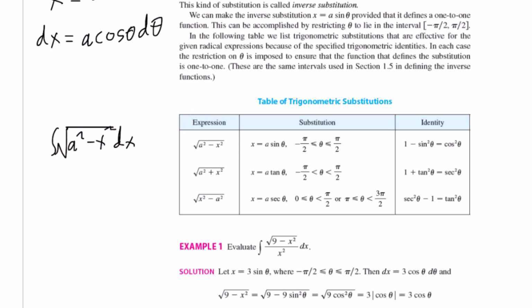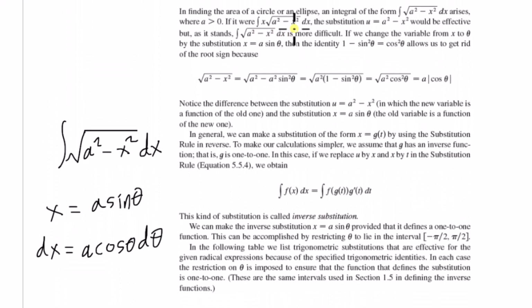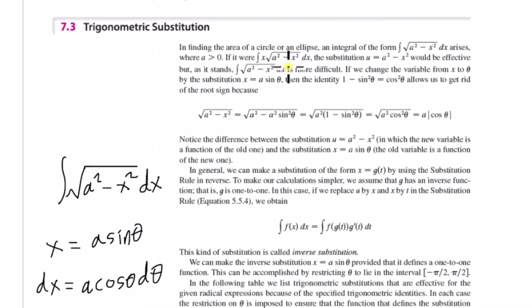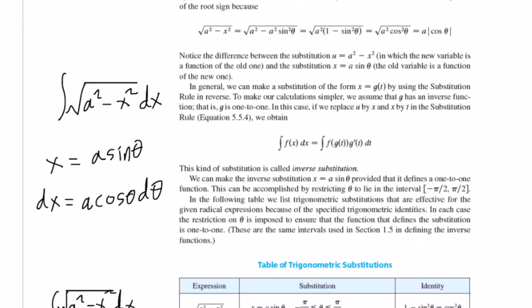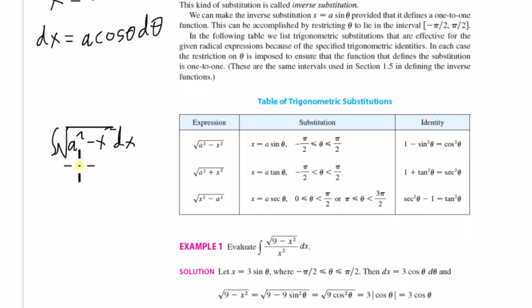Okay, now you might have an integral, if we come here, you might have an integral like this, and you don't need to use a trig substitution. You could just use a U substitution. But it could be that you have a term like this, and it's in the function somewhere, and you might say to yourself, well, okay, let me try a trig substitution here, and that might work. And same thing with these two. Now, another thing is